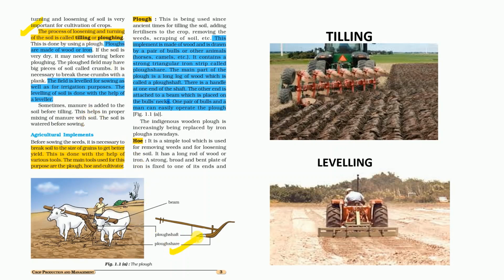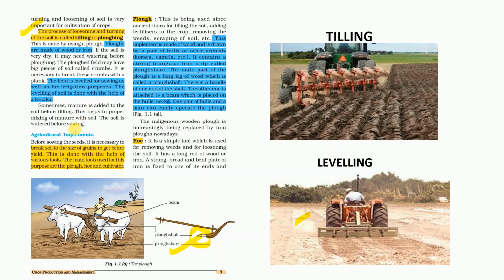So this is the typical plough, in which there is a wooden shaft, there is a wooden beam, and the most important, the iron part embedded here is the lower part of the plough, which supports the tilling of the land. And this is a typical tiller which is operated by tractors, and after the tilling, the leveling of the land is done so that it can support the irrigation and the sowing